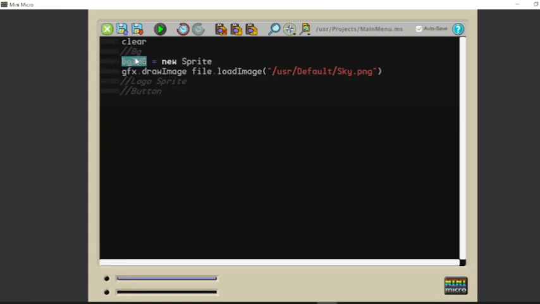Then I'm just going to paste it here, and image. Now we can just first of all set the x, the y, and the scale of our image,